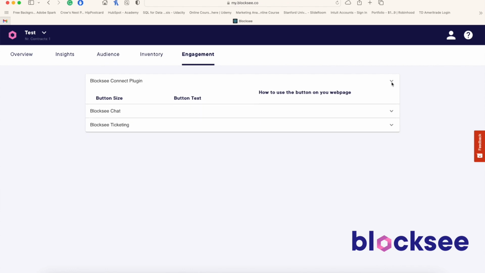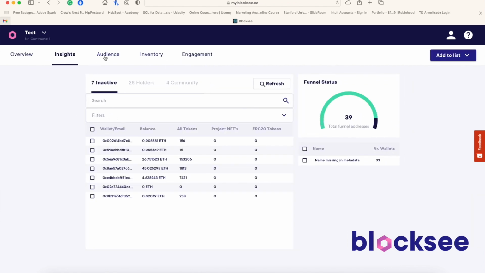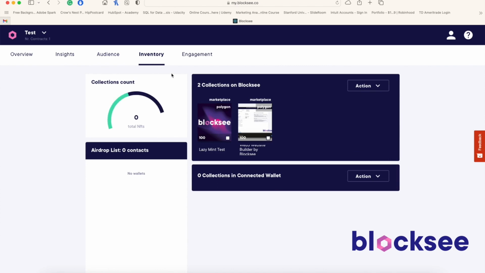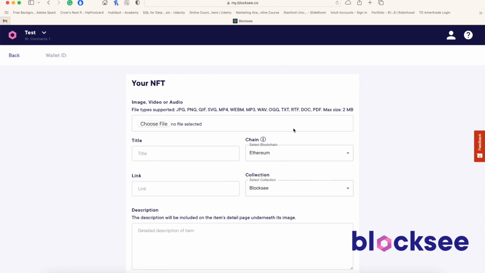Okay, cool. So just jumping in, we'll go into our test project here. This is just running off of the Blocksee smart contract, which is the default deployer. And so we can go here to the inventory page, and you'll see a couple assets that we've already created using Blocksee, but we can just hit this actions drop-down menu, select new, and this will bring up our NFT